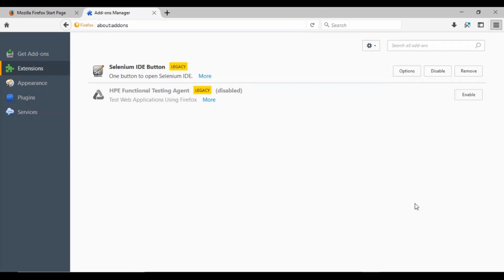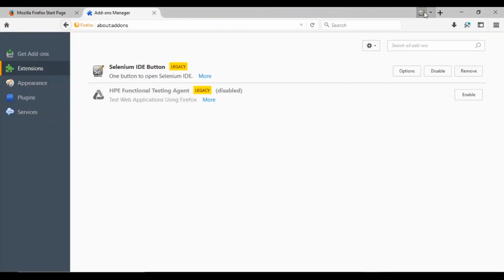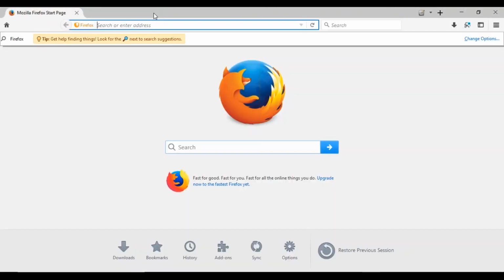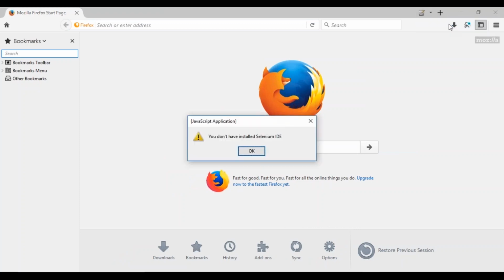I'll go to this customize, just give me a minute. Here I have the Selenium IDE button. All I want to do is keep this button somewhere here, so that I don't have to go to tools and features and launch it from there. Instead I can directly get it here. That is what I wanted to do, and I have just done that. Yes, I've got it here. So now all I have to do is click on this particular IDE. Once you click on this, it opens the IDE as a pop-up.